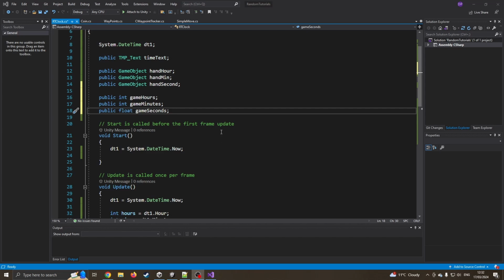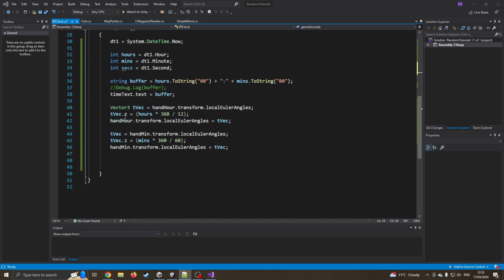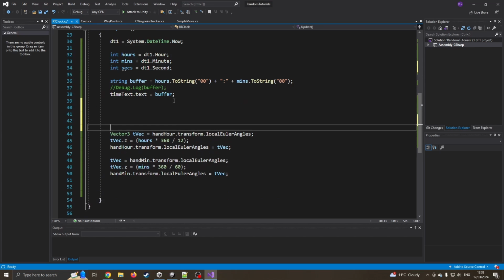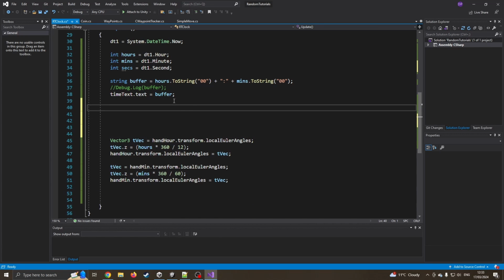Okay, so what I need is my game hours, my game minutes, my game seconds. I don't need to worry about what the real time is at this point. All I'm going to do is increase our game seconds. That's the one that actually matters for me. So in my update function, I'm going to budge these down a little bit, because I'm going to change those in a minute. So I'm just going to increase the game seconds by the